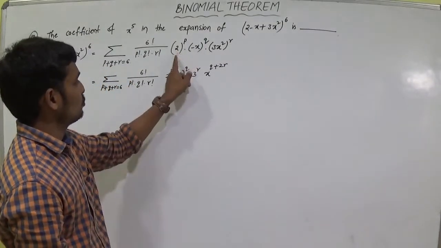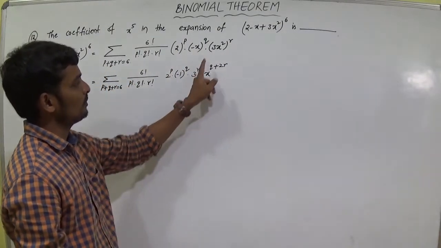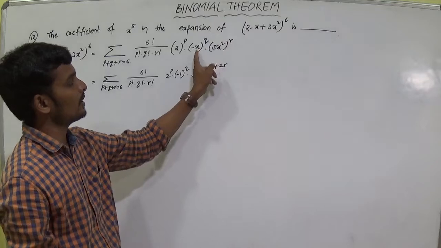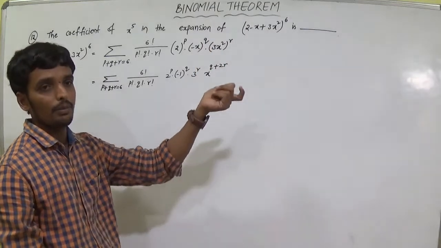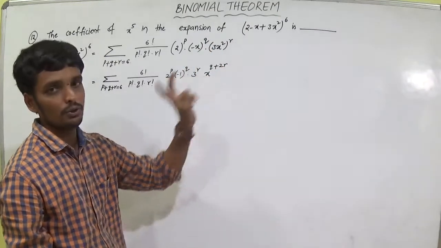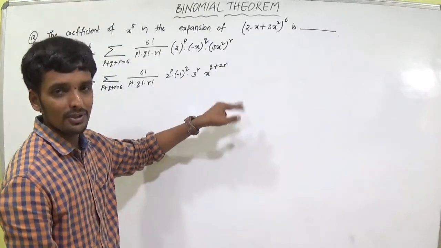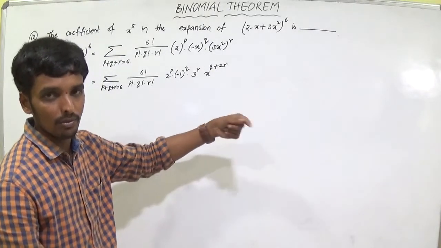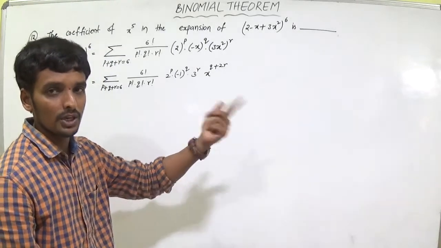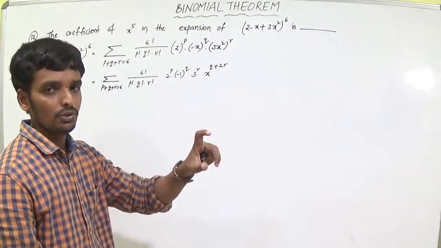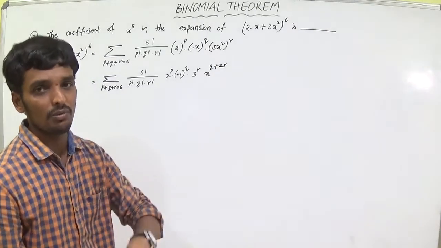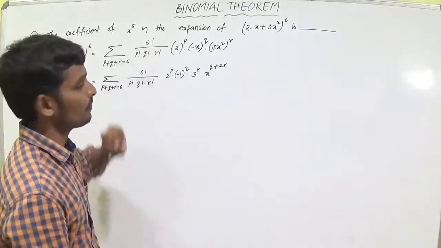Here 2 to the power p, minus 1 to the power of q, 3 to the power r, here x to the power of 2r, here x to the power of q. Applying the rule of powers, x to the power of q plus 3r. Actually, in our problem, we solved like this yesterday. They are asking for x squared y cubed z to the power r. We can equalize both, and you will get the p value, q value, and r value.